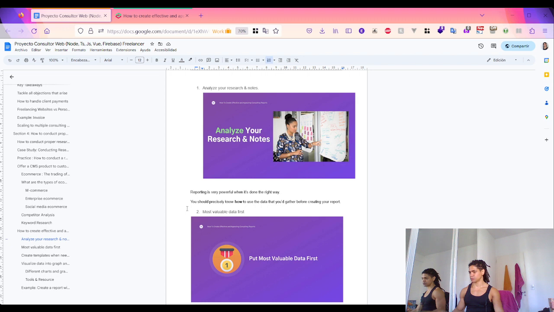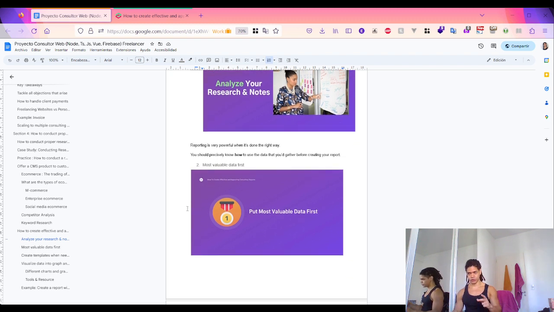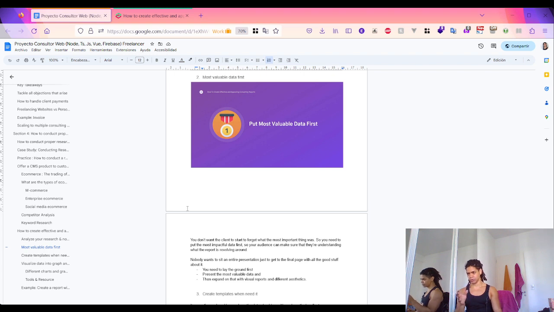Okay, so analyze your research and notes by understanding that reporting is a very powerful thing if you do it the right way, and you must be very clear about how to use the data before creating the report. Then put the most valuable data first, because you don't want the client to forget what the most important thing was. So you need to put the most impactful data first, so your audience can make sure that they are